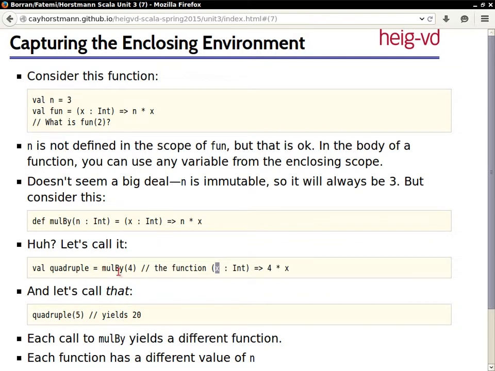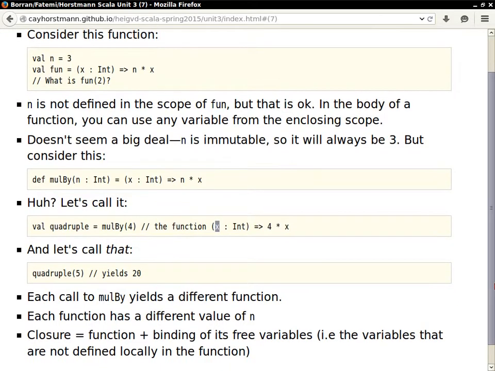So when you call mul_by4, you get one function. When you call mul_by3, you get another function. And each of them has a different value of n, and so it's a good question: where are those n's stored? So think of quadruple, and now make another call in your mind. Val triple is mul_by of 3. Each of those is defined by this code, but each of them works with a different value of n. And so the way that works is that a function is not just the code of the function,